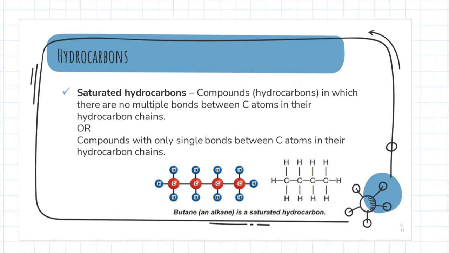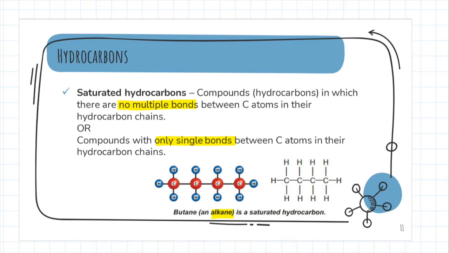We say that saturated hydrocarbons are compounds in which there are no multiple bonds between carbon atoms in their hydrocarbon chains. Or we could define saturated hydrocarbons as compounds with only single bonds between carbon atoms in their hydrocarbon chains. Since the alkanes and alkenes and alkynes are the only hydrocarbons that we are studying this year, it means that the only saturated hydrocarbons that we're studying is the alkanes, because the alkanes contain only hydrogen and carbon, but also